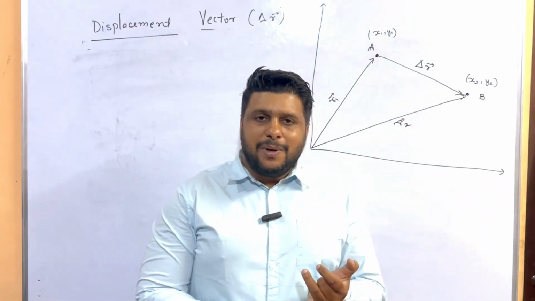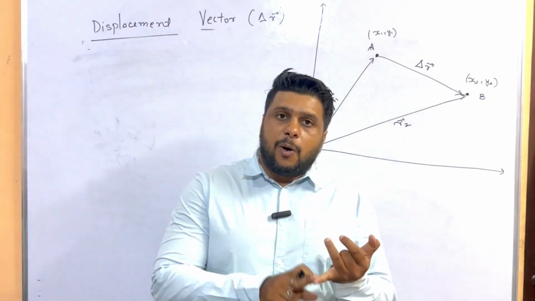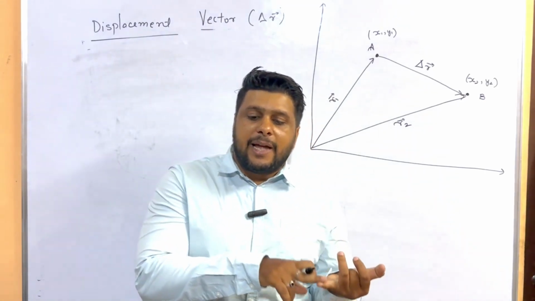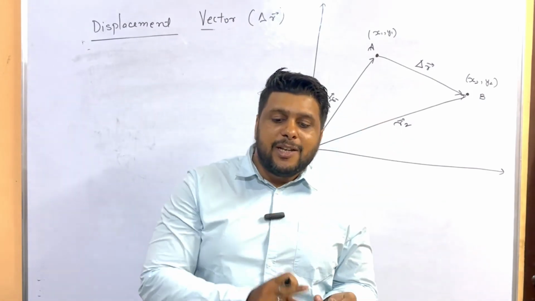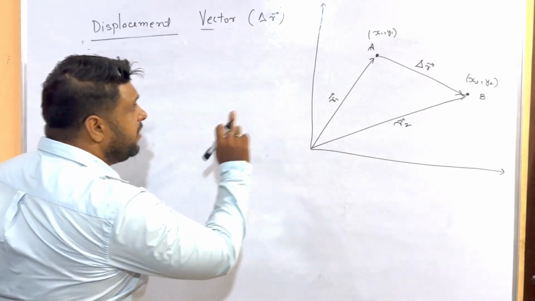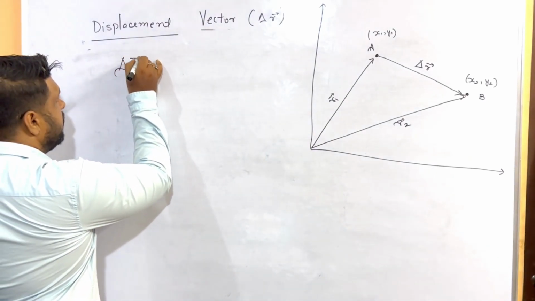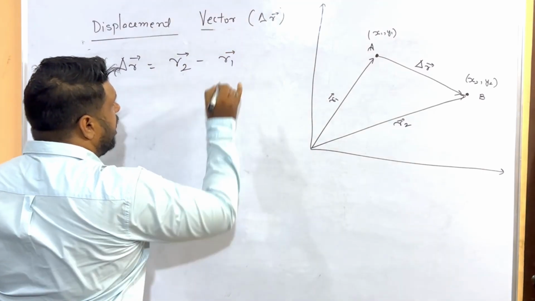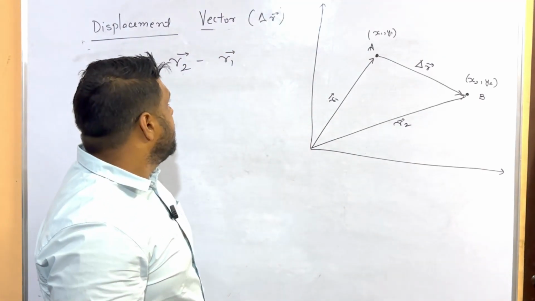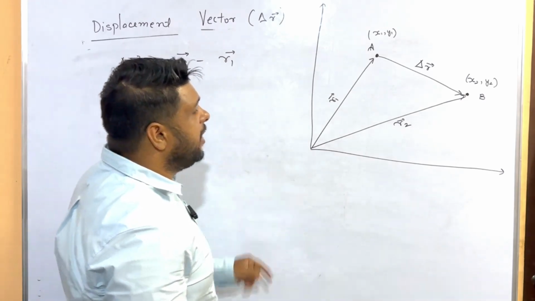Now displacement is a vector, this you guys know. It can be positive, it can be negative, or it can be zero. Here del R is representing your displacement vector. Now how do we define del R? If you do not remember, see my previous videos. It is R2 minus R1. Now, how do we define R2's value?